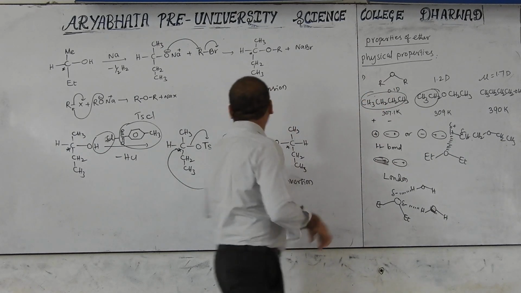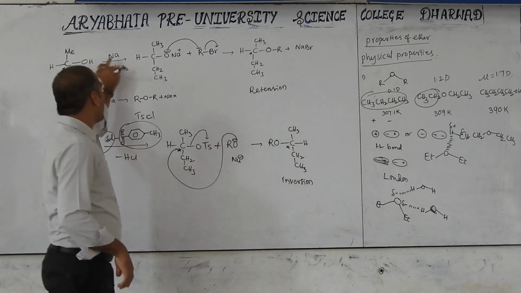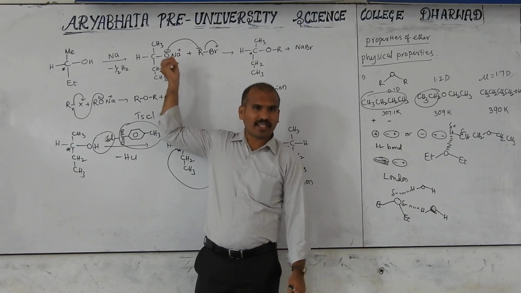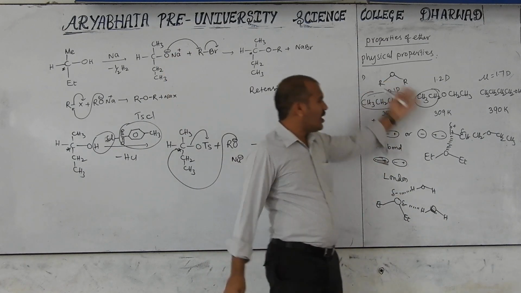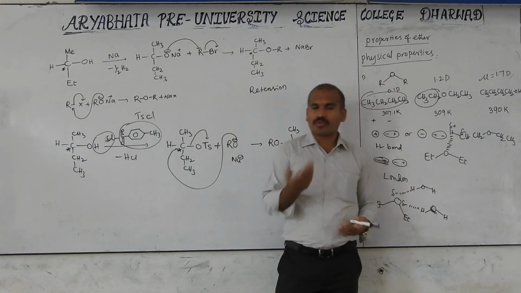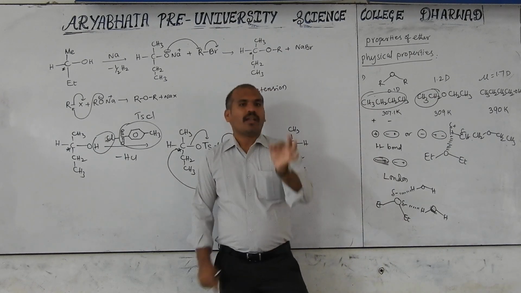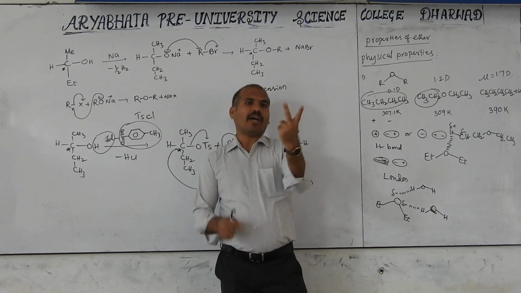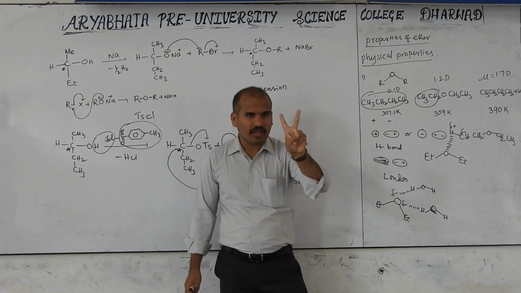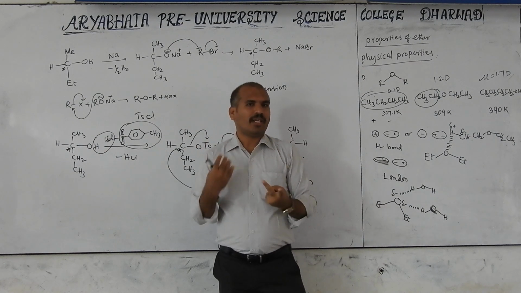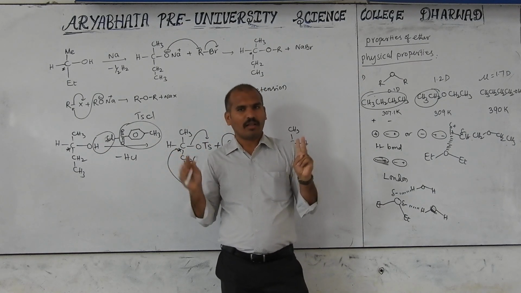And already we discussed here, this OH reacts with the sodium metal because active hydrogen is there, somewhat acidic in nature. But here there is no active hydrogen to react with the sodium metal. That's how to identify ethers and alcohols: they react differently with the sodium metal. Now I have one ether and one alcohol. Which is alcohol and which is ether, we don't know, because of these two, one is ether and one is alcohol.